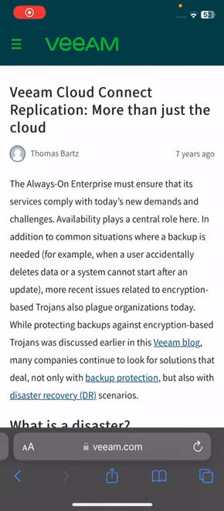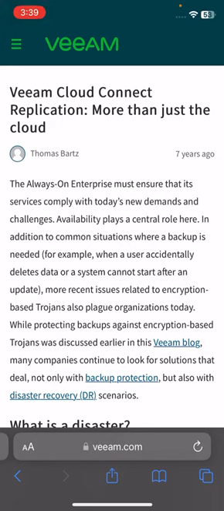The always-on enterprise must ensure that its services comply with today's new demands and challenges. Availability plays a central role here, in addition to common situations where backup is needed. For example, when a user accidentally deletes data or a system cannot start after an update. More recent issues related to encryption-based trojans plague organizations today,